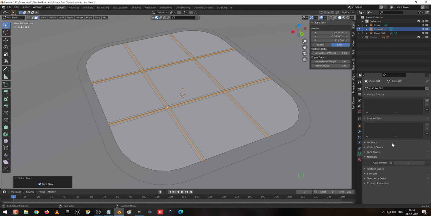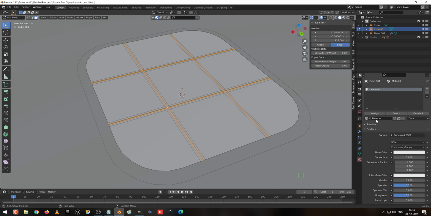So now this selection, I am going to create a material, which I make black, and I press assign and give it a dark black color, even here also the same, and I am going to create one more new material.